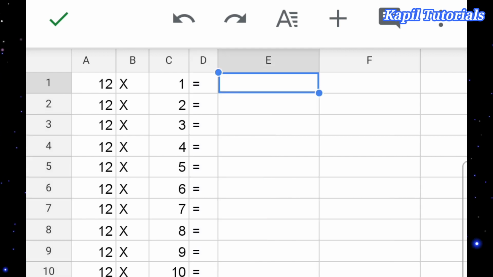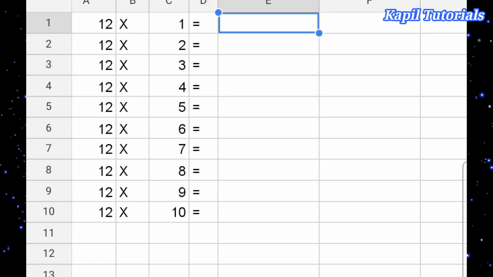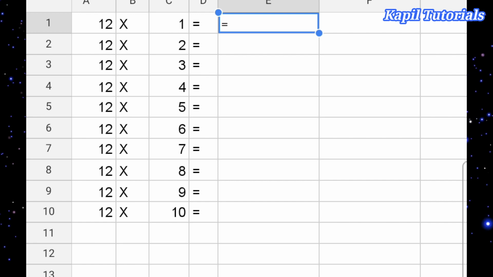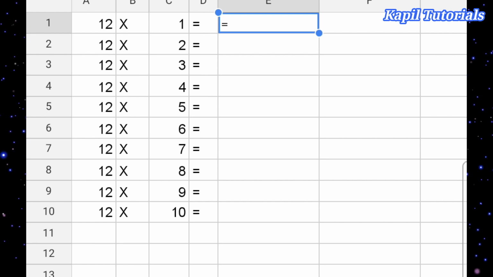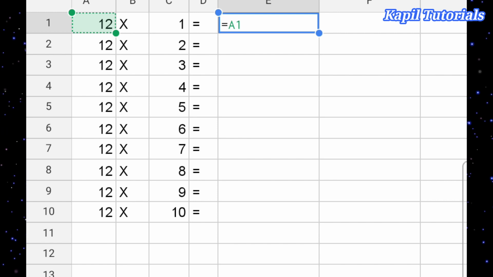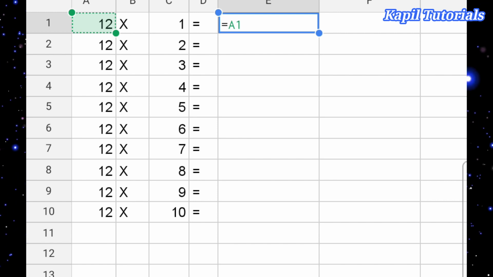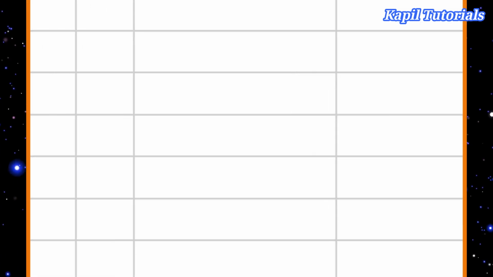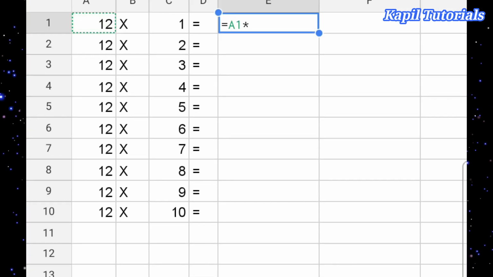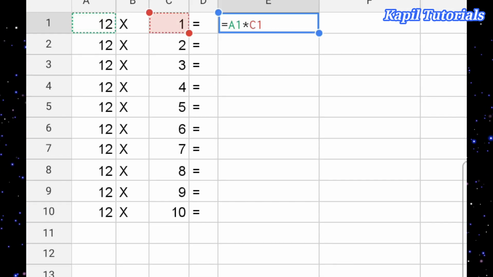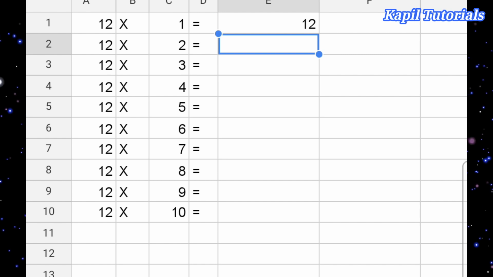Now here where E is written, I'll type the formula. You know very well, is equal to sign, then A1, multiply means star sign, C1, and then enter key.